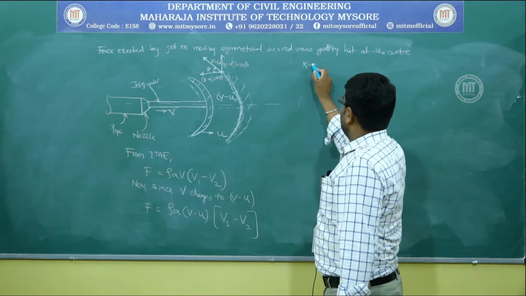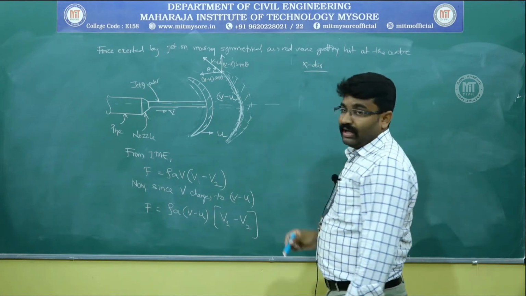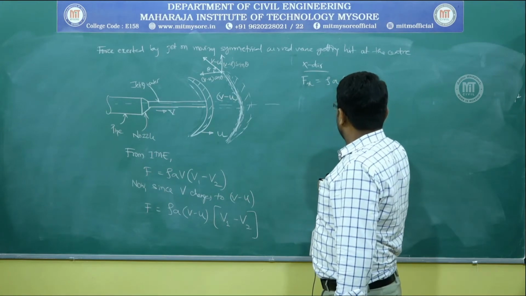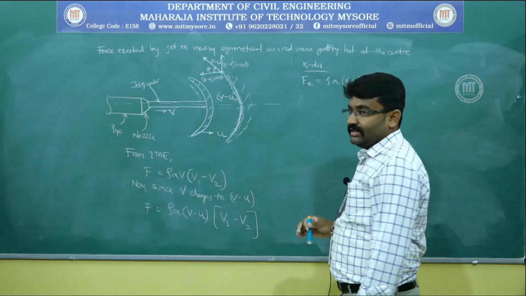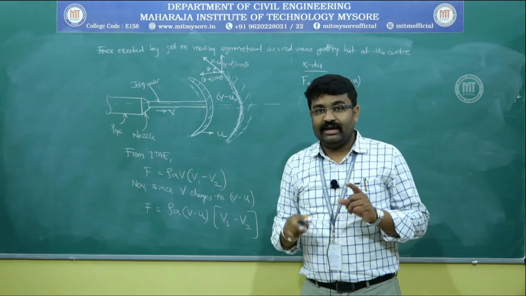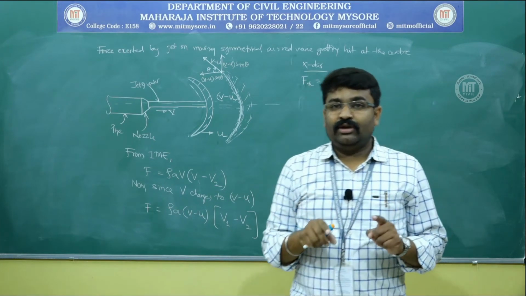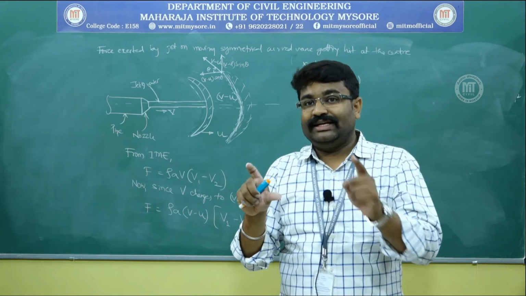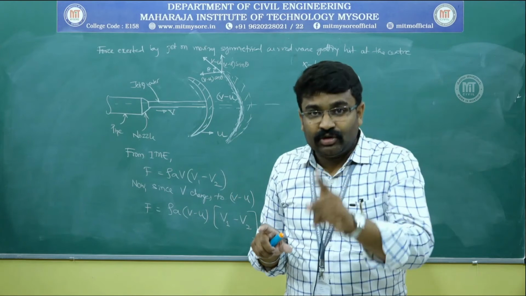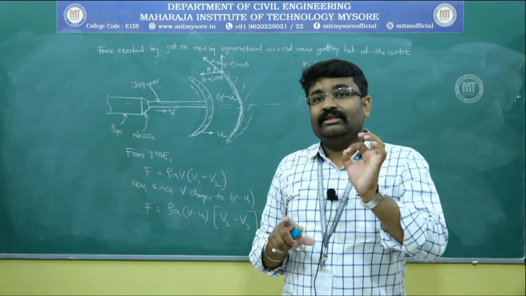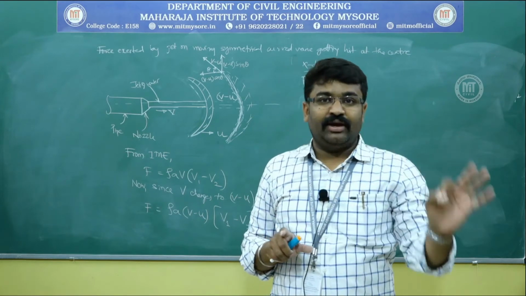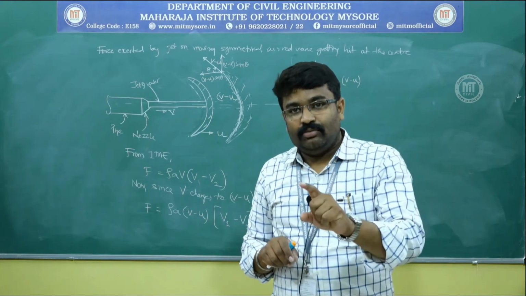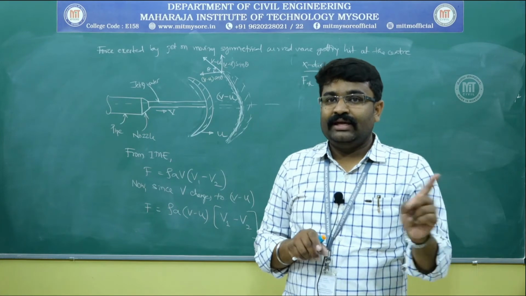So, now taking x direction, you have Fx is equal to rho a into (v minus u). Please note the difference here. I will take absolute velocity when there is no motion prior to the jet striking the vane. I will have to take relative velocity when the vane is already in motion prior to getting hit by the jet. Now what is the case? The vane is already in motion prior to getting hit by the jet.